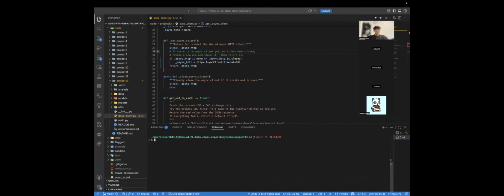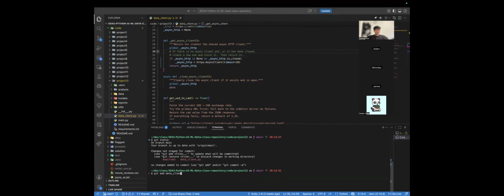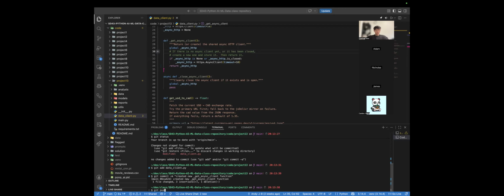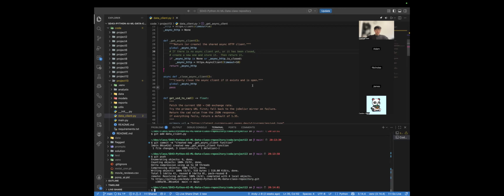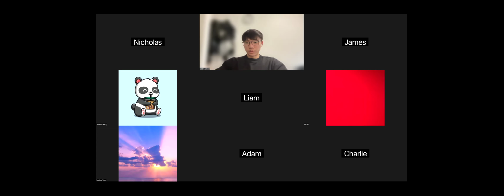Okay. But when you guys do this, you guys are gonna want to do git add, commit -m. This you're committing with a message: created new get async client function. And then next person, I want